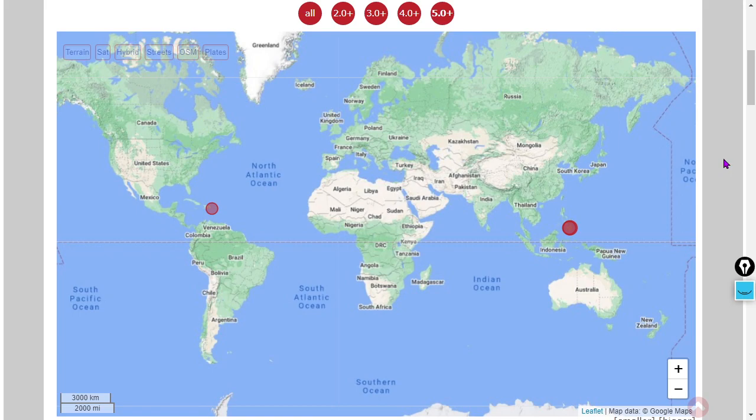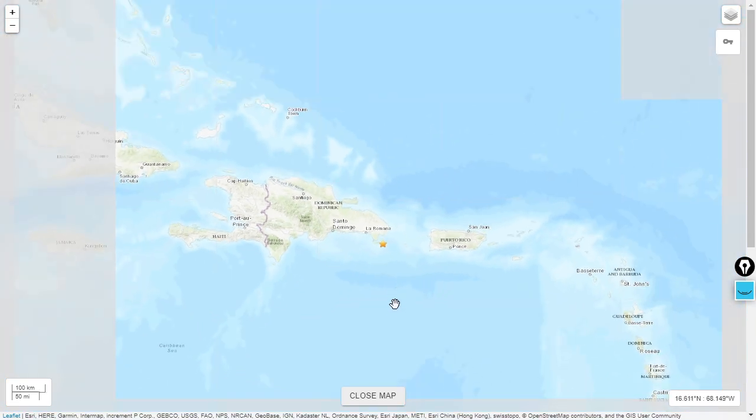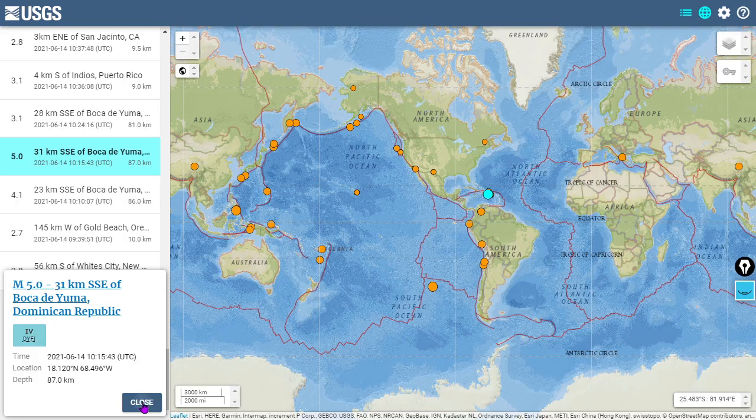Only 2 in the 5 magnitude range, it looks like here, according to volcanodiscovery.com's map. And one of those 5 magnitudes was involved with an earthquake swarm here over the Caribbean, the Isle of Hispaniola, which consists of 2 countries, Haiti and Dominica, saw this 5.0 magnitude quake in between it and Puerto Rico here. We'll get to it on the list in a minute. It happened at 10:15 Universal Time